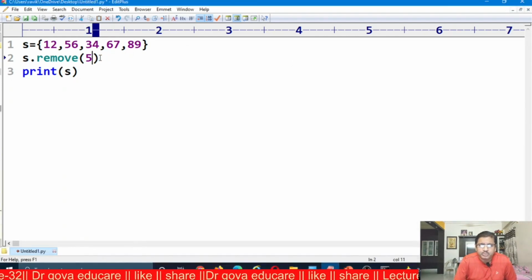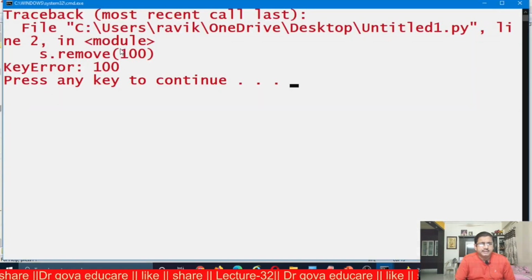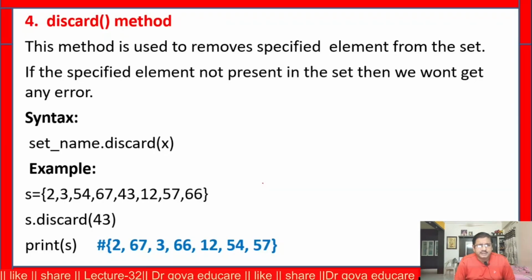Suppose I want to try to remove 100. Now the element is not present in the set, so we get an error. That error is called key error. That means 100 is not present in the set. Next, discard method. This method is used to remove a specified element from the set.